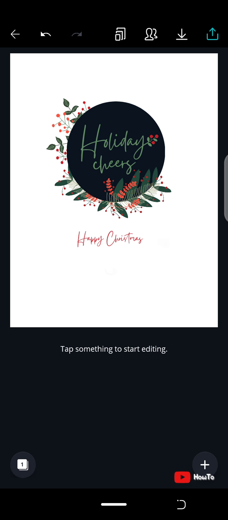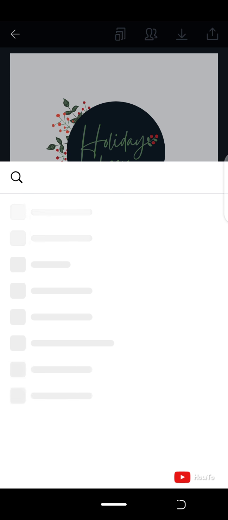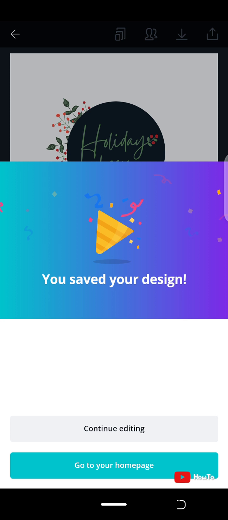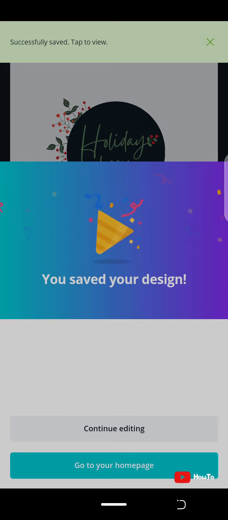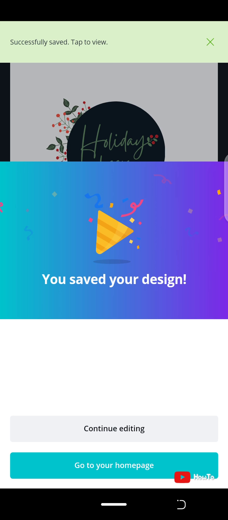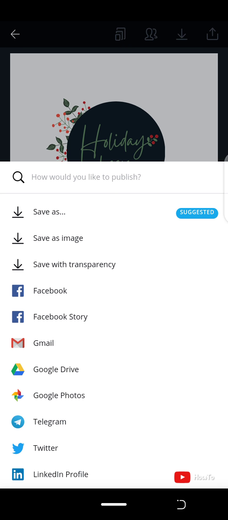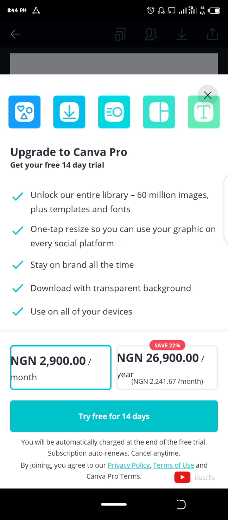So actually simple. Then you press this one to download it. Press that arrow pointing down to download it. So it's actually preparing your design. Normally if you're new on it, it's not going to show like that. You're going to press this one, the other one, so it's going to show you this with transparency. If you don't want the background to be showing, if you want it to just paste on your clothes without showing any background,